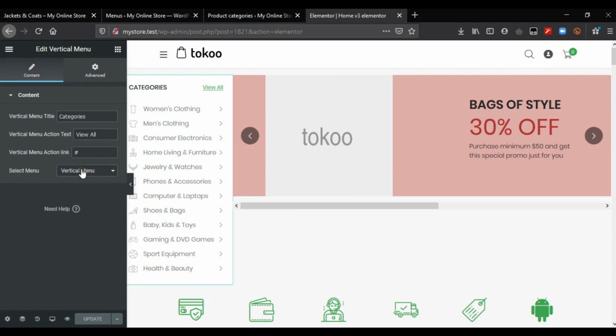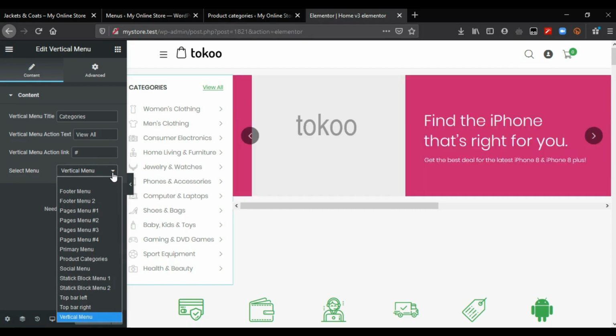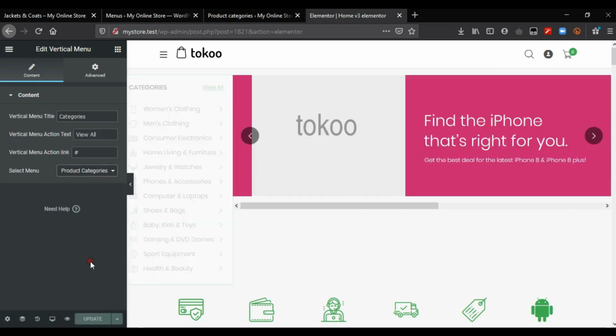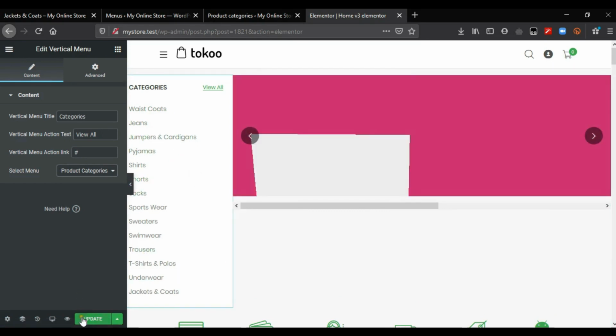So let's click on the drop down here and choose the one that we just created. We named it product categories. So let's select that, product categories, and we see that the changes have been made here. What we just did is what is displaying here. So you click on update,